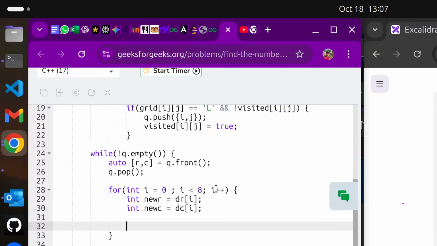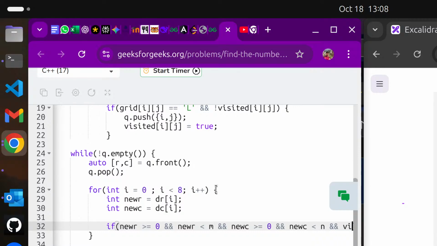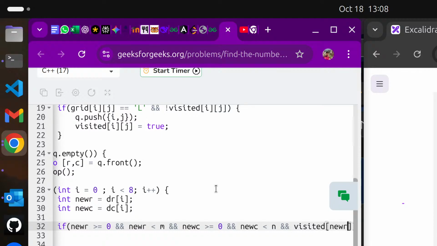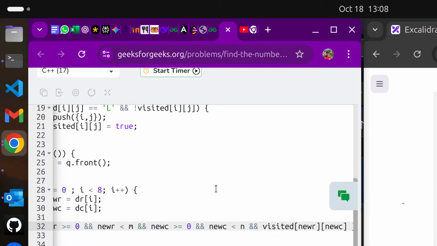Alright, if it is out of boundary, so we check for boundary: new r is greater than or equal to 0, and new r is less than m, and new c is greater than or equal to 0, and new c is less than n, and it is not visited, and visited of new r, new c should be false,